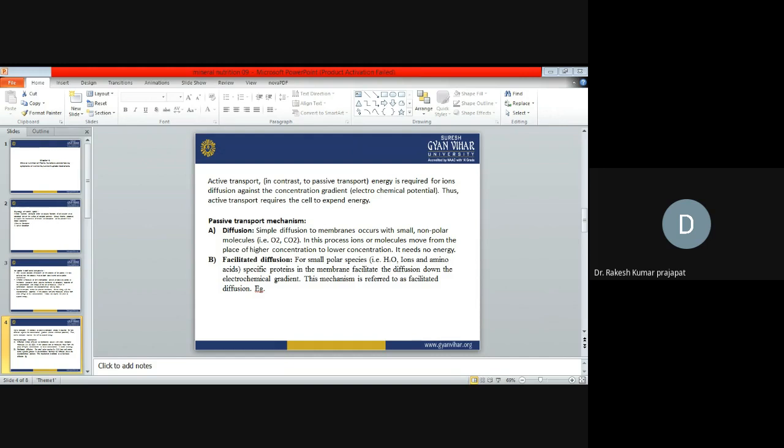Stability of chromosome structure and spindle formation: the chromosome structure and stability are also maintained by calcium. Calcium is required for spindle formation during cell division. Detoxification of sodium and potassium ions, and a role in the conversion of oxalic acid to calcium oxalate. Sometimes sodium and potassium toxicity occurs in the cell, which can be balanced by an increased concentration of calcium.